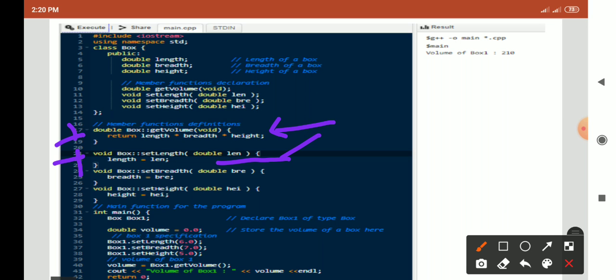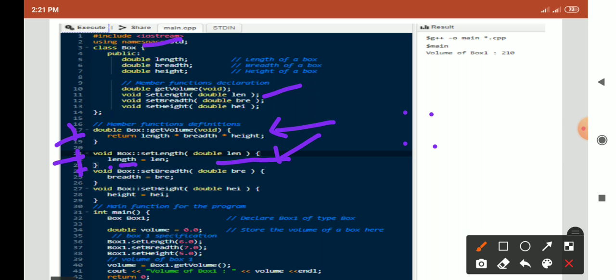So here the return type is void, then the class name, which is Box, then the scope resolution operator and the function name, setLength, and we are passing one parameter, double len. Then you open a curly bracket and close the curly bracket, and here we are assigning the len value to length: length equal to len.